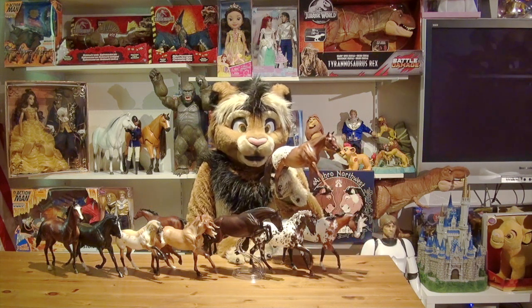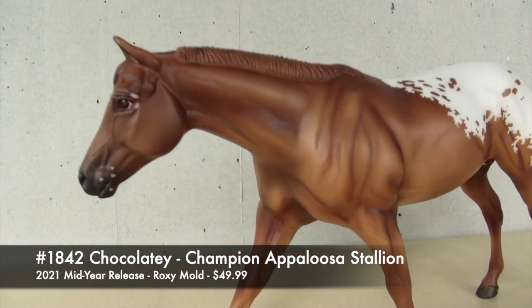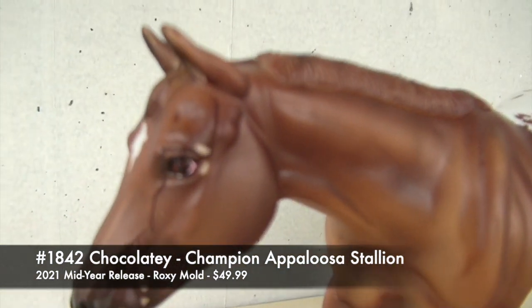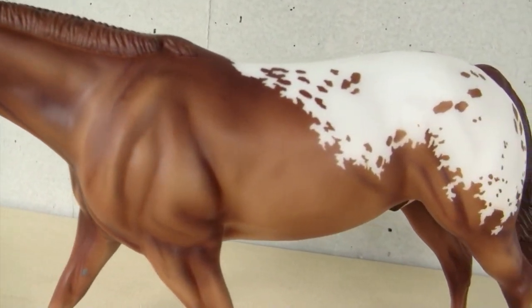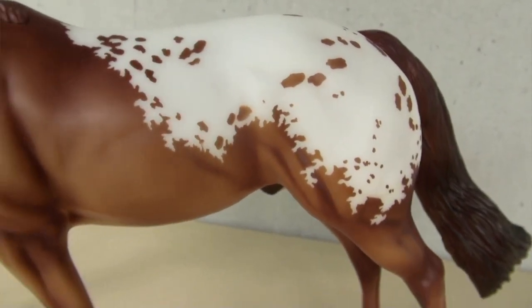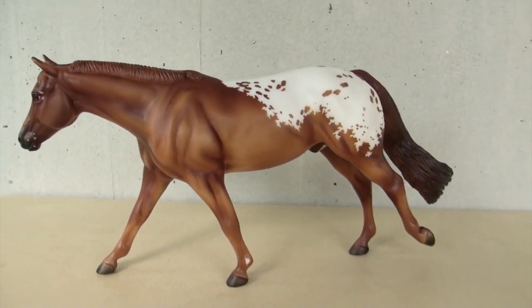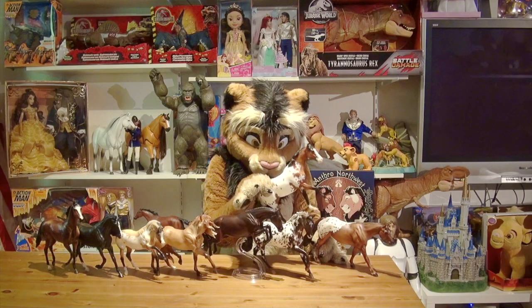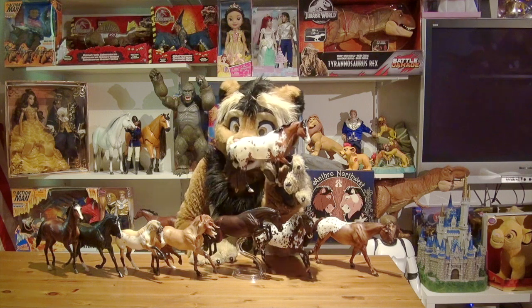Chocolatey, the champion Appaloosa stallion, you already know, and I would say that's definitely my favorite model out of all of them, out of my entire haul. Beautiful bay shading along with the spots. And what I didn't need to unbox was Pech Merle,